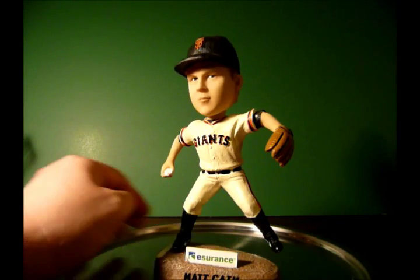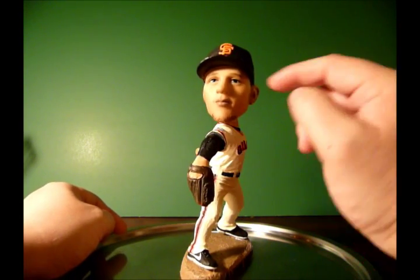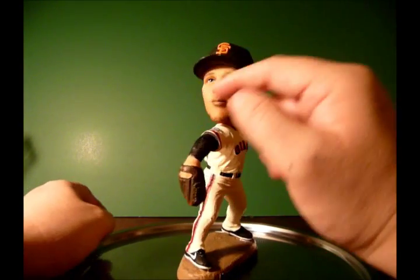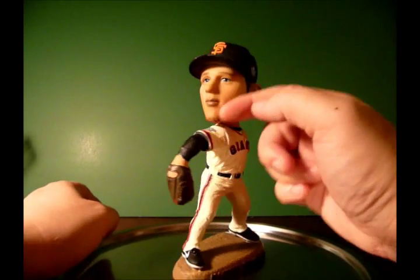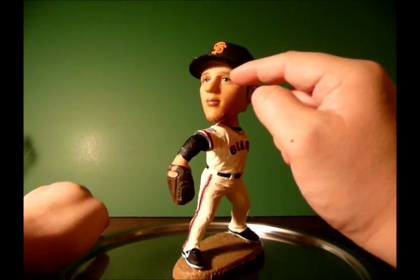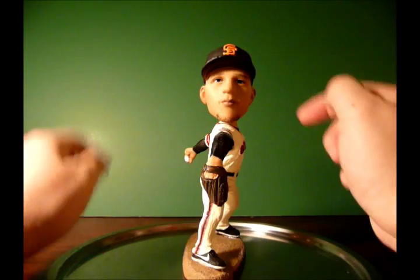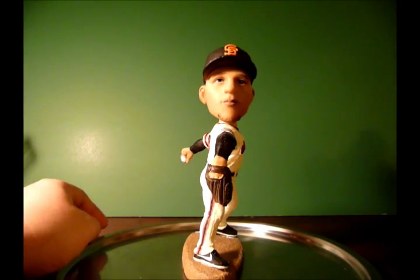I think a better example of this is the Madison Bumgarner bobblehead. This is the Madison Bumgarner conversion I did in my previous blog. You'll notice that they spray paint slightly differently. In the face area is one color, and then they come back and paint the sides of his face a slightly darker color to accentuate the highlights of his face. And again, very nice contour of the eyes, cheekbones, the brow socket, and very even shaping of the eyelids, especially the indentation between the eyes and the ears. It's perfect symmetry. And then you compare it to